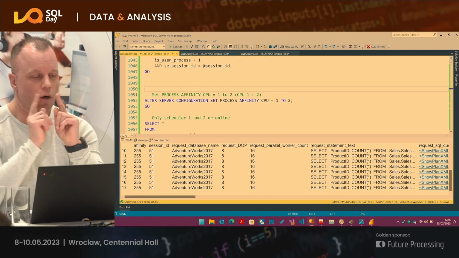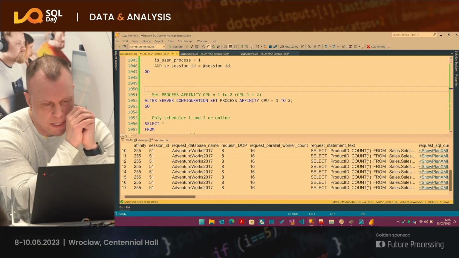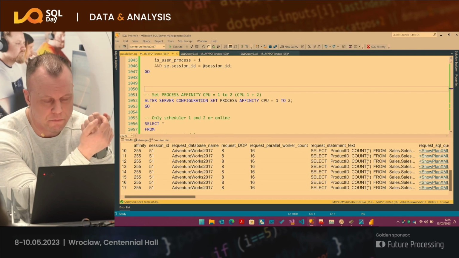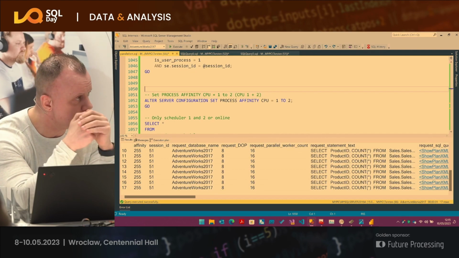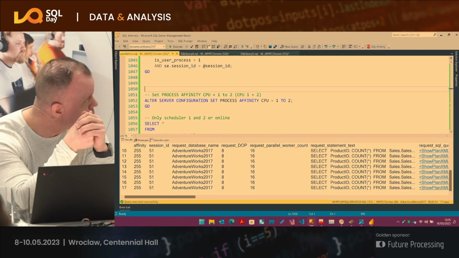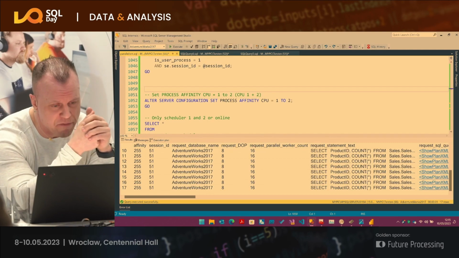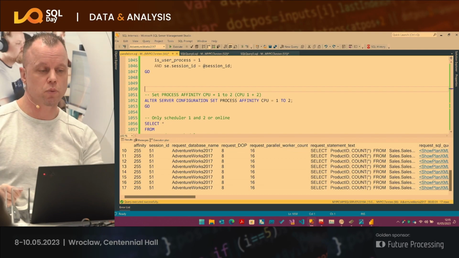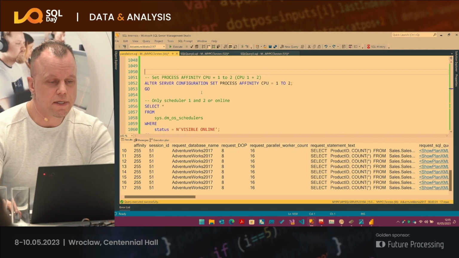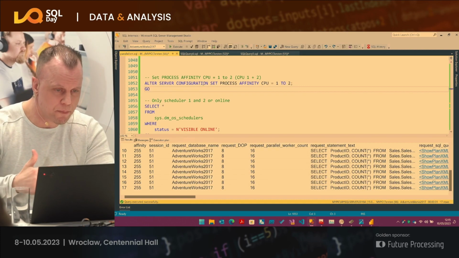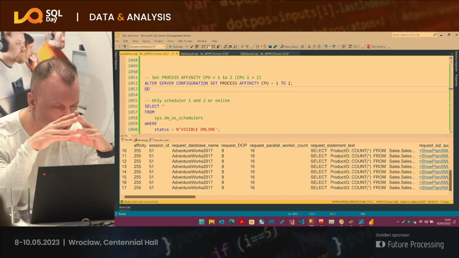Yes, so now the customer did the following. They read a blog article, and there was a recommendation to use a processor affinity mask for whatever reason. I mean, reading blog articles is definitely fine, but you have to understand what you're reading, and you have to give it a try. And the customer tried, but they failed, but they didn't understand why the performance was so slow. What they did is they set a processor affinity mask,